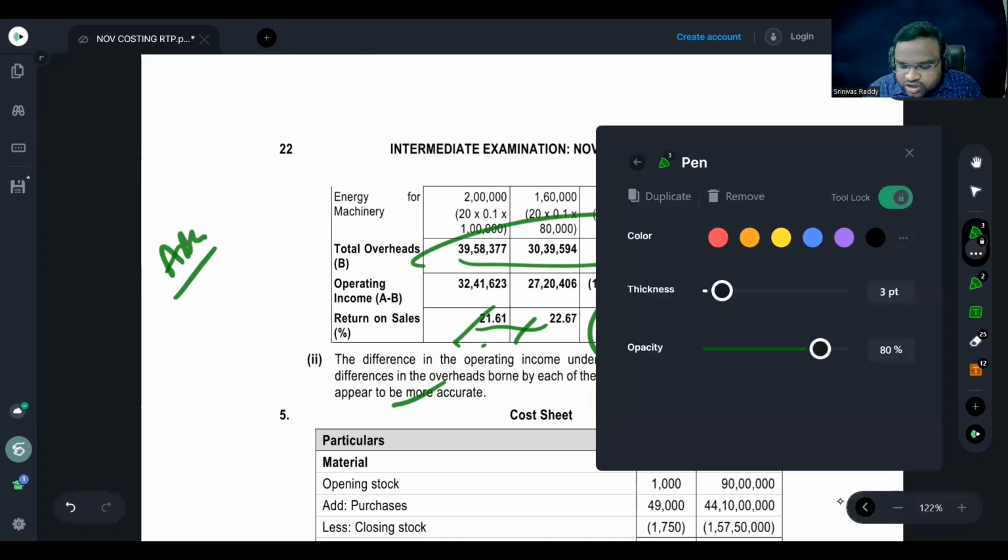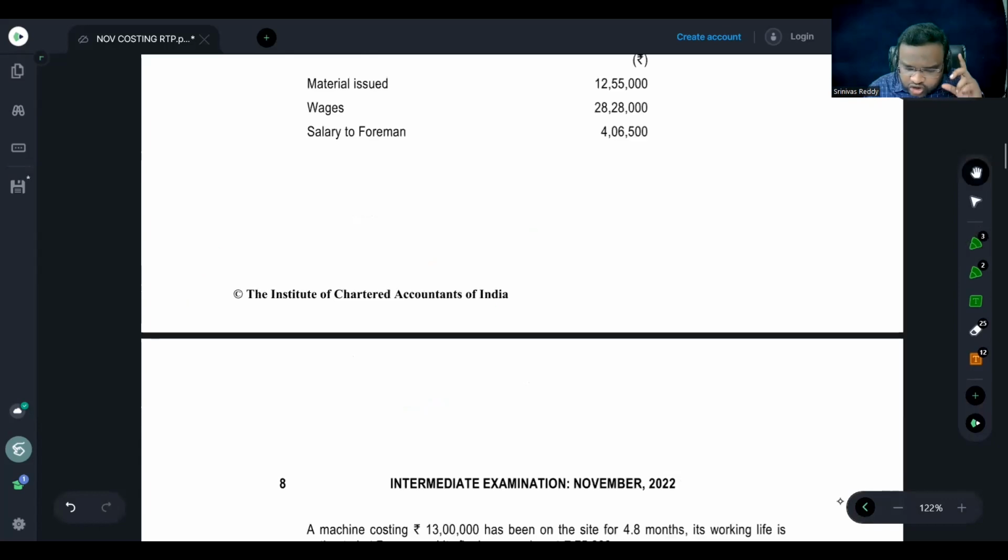Okay. So that means out of total overheads, if you see the question, even if a small change, don't get confused. The concept remains the same. You be focused on the concept itself. This 32